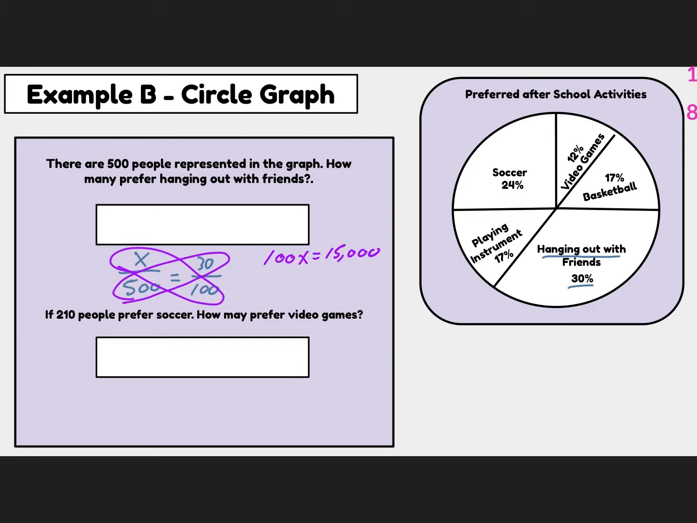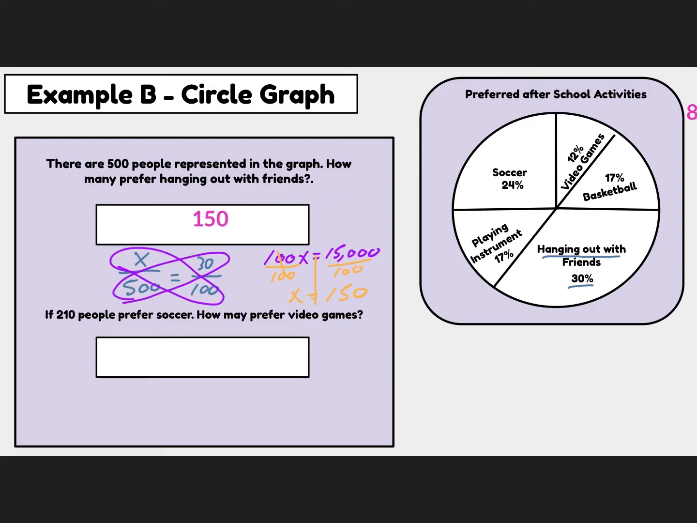Then I need to solve my equation by dividing both sides by 100. 100 divided by 100 is going to be x, and 15,000 divided by 100 is going to be 150. So I know that there are 150 people that are going to prefer hanging out with friends according to this